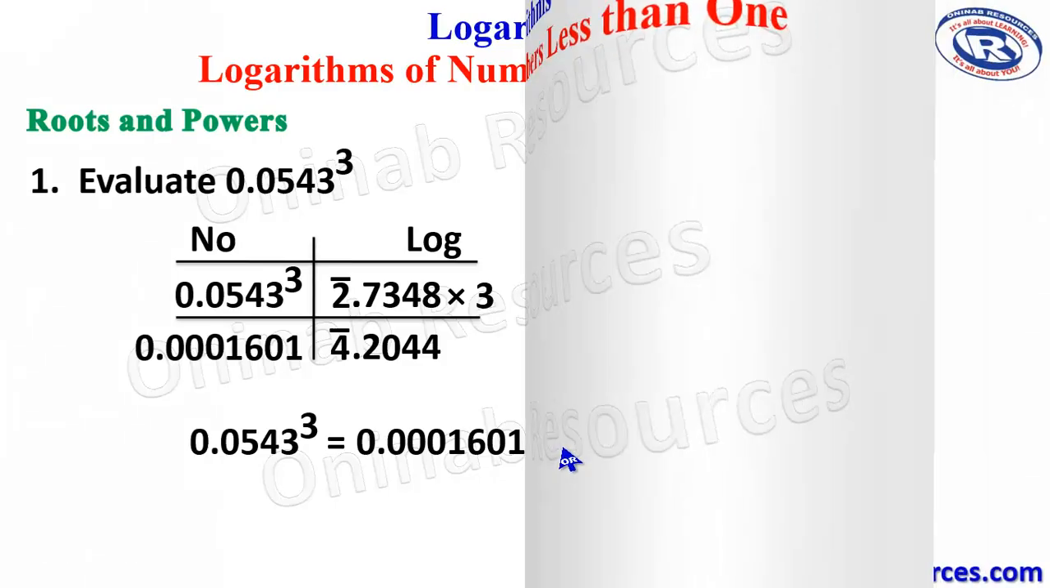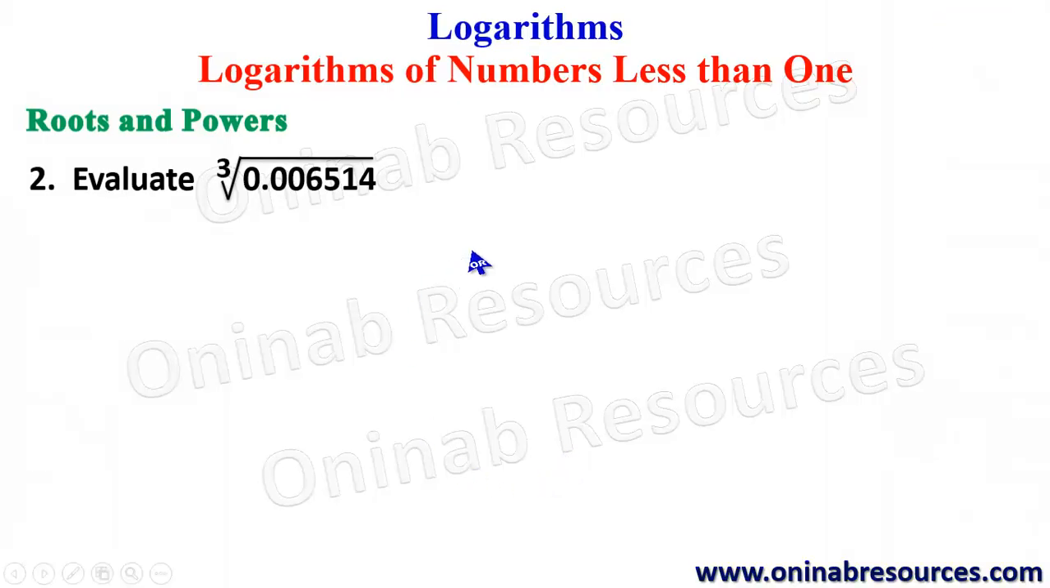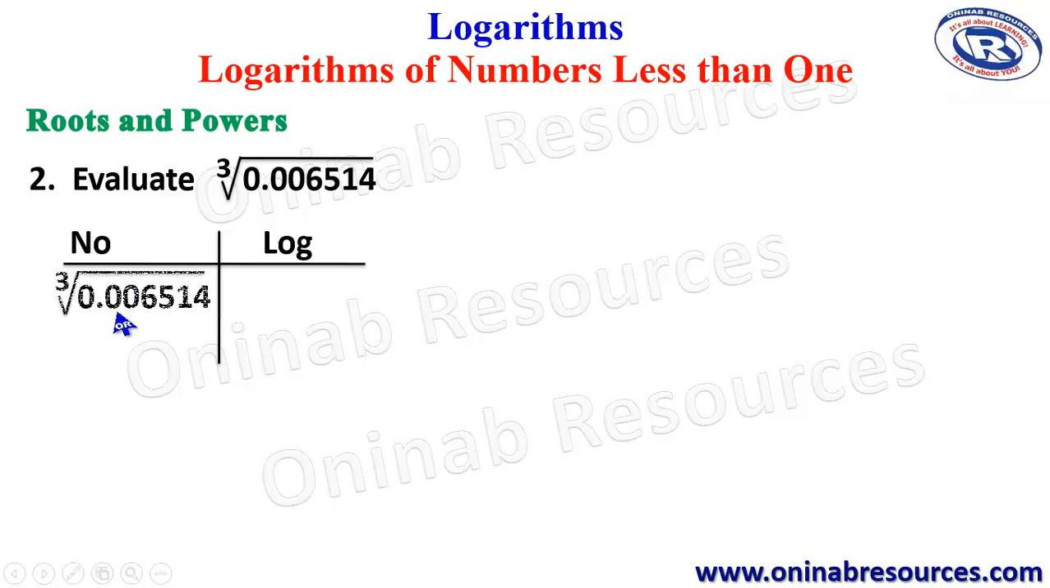We then go to problem 2. For problem 2, we are to evaluate cube root of 0.006514. Again, in a tabular form, we have the number which is cube root of 0.006514 on the number column. Then we look for the logarithm of 0.006514. The integer part is going to be power 3 because you have 1, 2, 3,